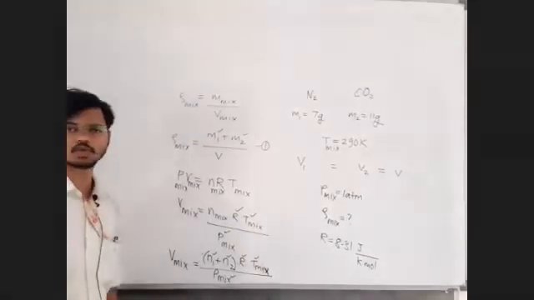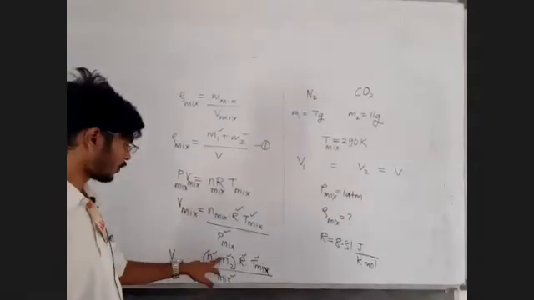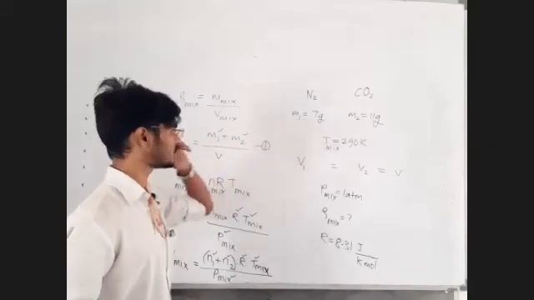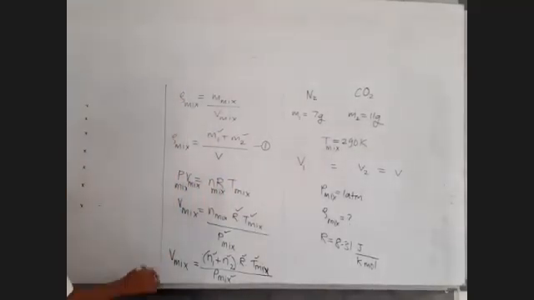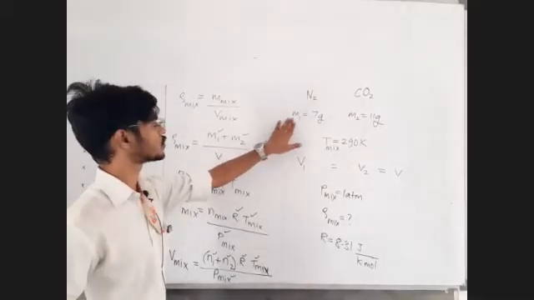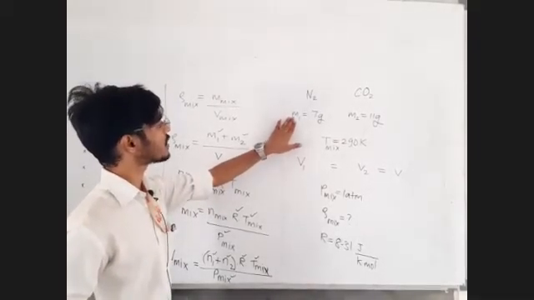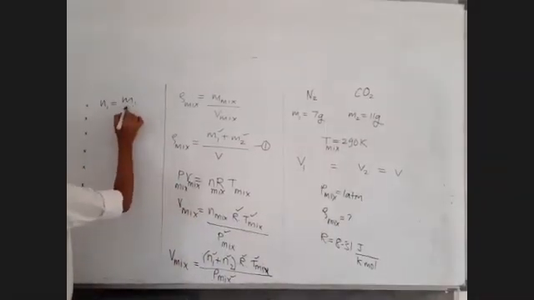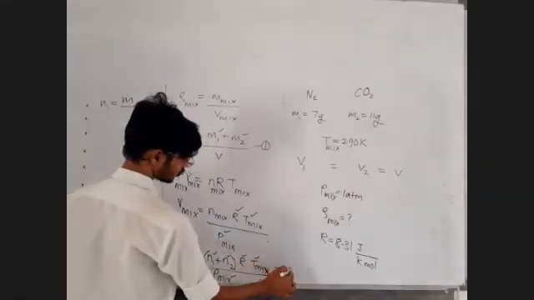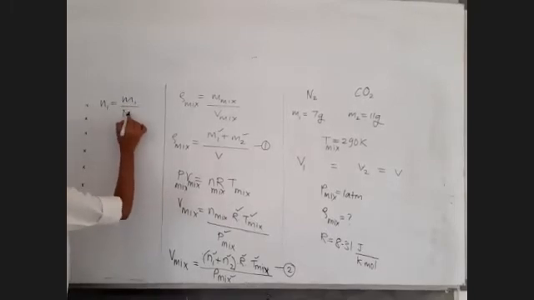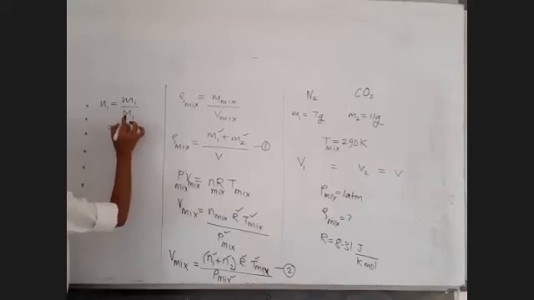Now you will say, sir, why do you tick mark this N1 and N2? We are not given the number of moles N1 and N2, but we can calculate very easily. Let's do that. See, number of moles is equal to, we are given the mass, so number of moles is equal to given mass in gram divided by molar mass in gram. So N1 is equal to M1, let us call this equation number 2, given mass in gram divided by molar mass in gram. Molar mass capital M later, sir. Given mass in gram is 7 gram.